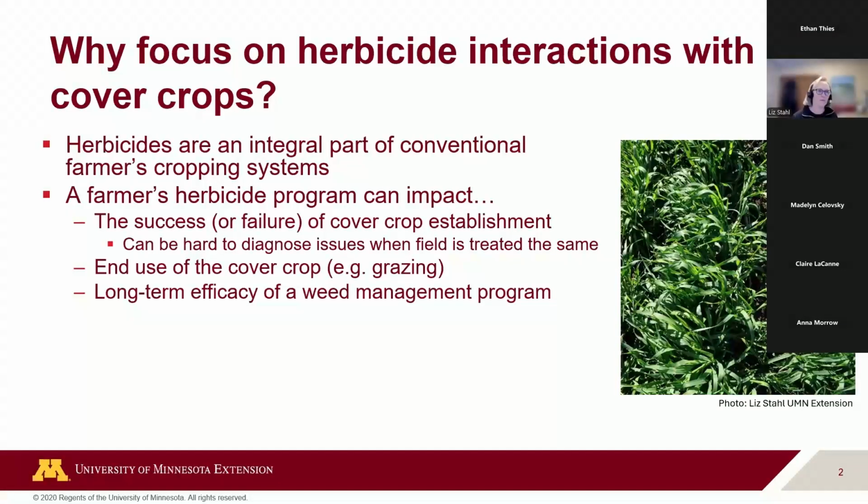Sometimes people might think, well, if I'm using cover crops, I'm not going to worry so much if I get some weed escapes. Again, weed management, that's my background. We don't want any weeds to go back to seed. Water hemp, that's the biggest headache that our farmers have in Minnesota, and I'd say probably across most of the upper Midwest. We know that one plant can produce over 250,000 seeds per plant, so we don't want these weeds